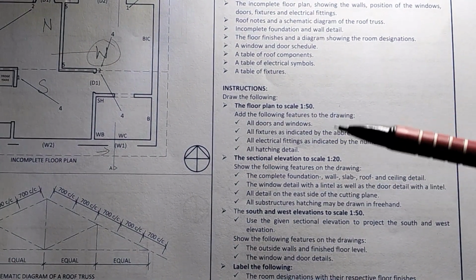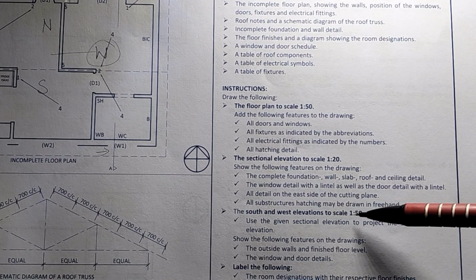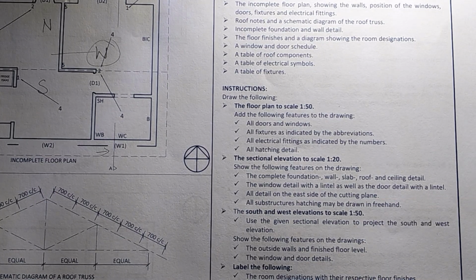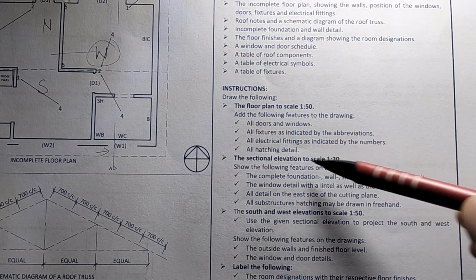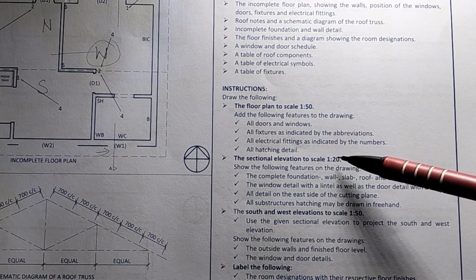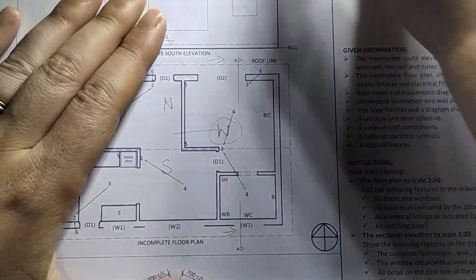Okay, so then they say the south and west elevation to scale 1 to 50. Okay, so that will be on the next page. Okay, so we're doing now the sectional elevation to scale 1 to 20. Okay, so if we're looking here,